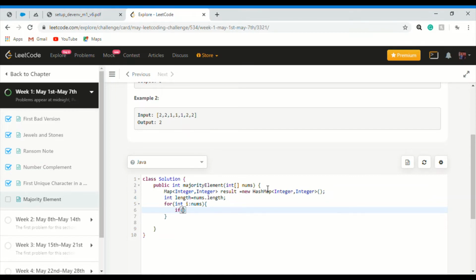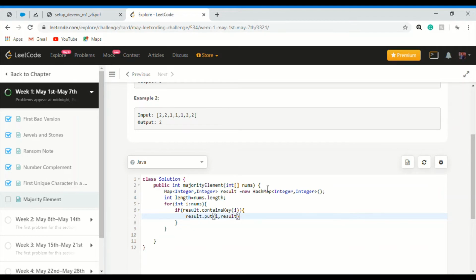So with containsKey we are going to find out if the element is present in the map. So result.containsKey(i), then result.put, we are putting the element with its value in the hash map.